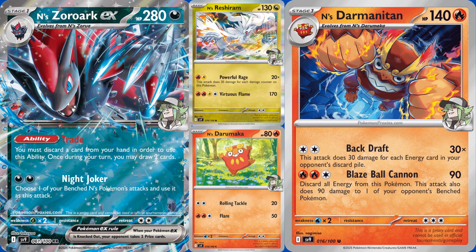1, you'll copy Darumaka's Flare more than you'd hope. 2, Darumaka having 80 hit points, putting it out of Poffin range, is horrible. And 3, what Zoroark lacks in early game power, it makes up for in the late game, assuming you manage